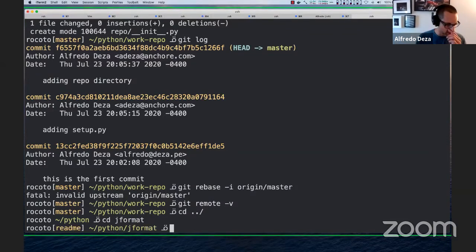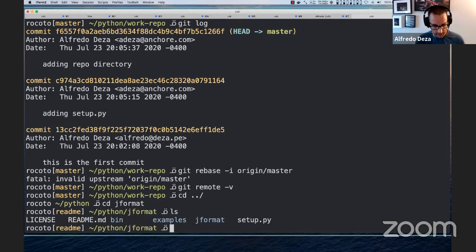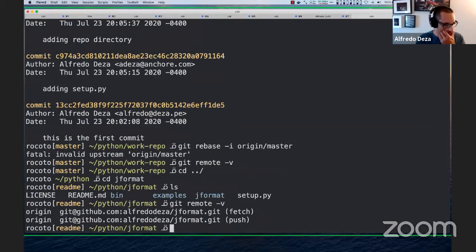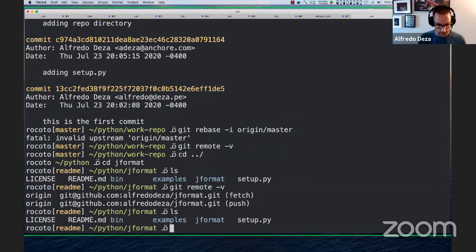So JFormat is a pretty good repo of mine. This is public, by the way, so we'll see remote -v. If you guys want to follow these, github.com/alfredodeza/JFormat will get you there. It's a pretty simple project that I use to explain certain things with repositories,